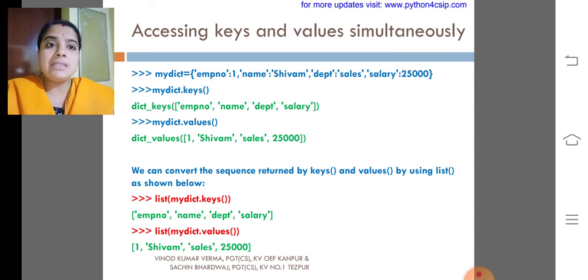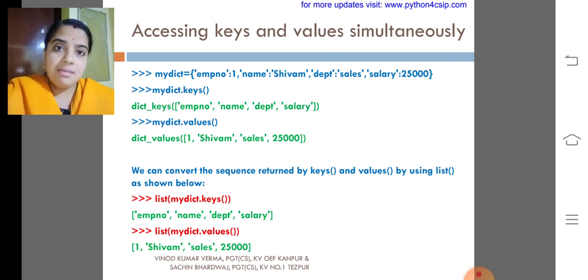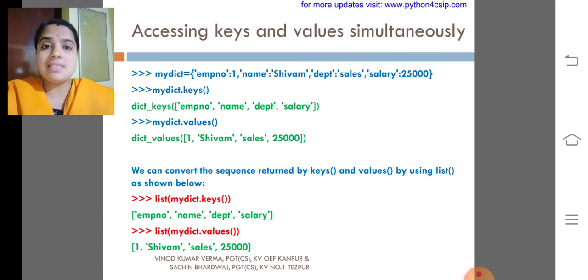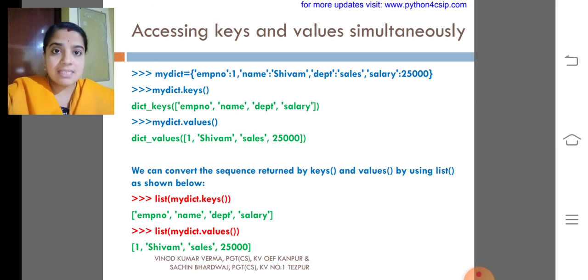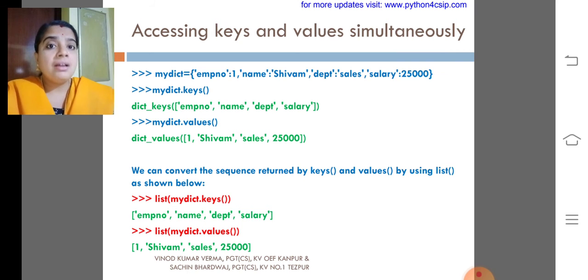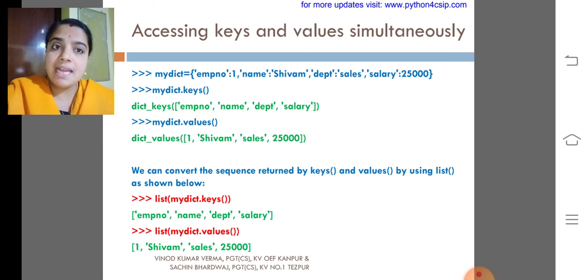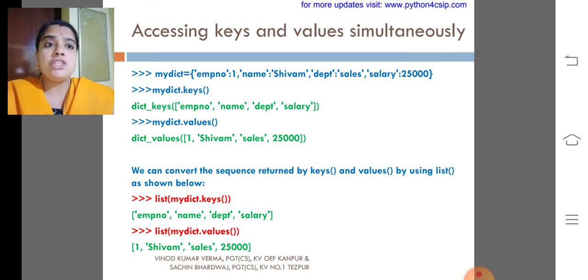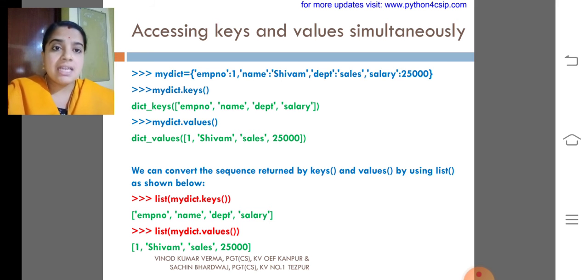The next one: how to simultaneously access keys and values. That is, we can use keys and values simultaneously. For that, in Python we have two functions. The first one is keys and the second one is values. When we give MyDict.keys, it will produce a list of keys only. In the employee dictionary, we have the keys like employee number, name, DEPT and salary, and the values like 1, Shivam, sales and 25,000. So when I give MyDict.keys, it will produce only the keys which are in the